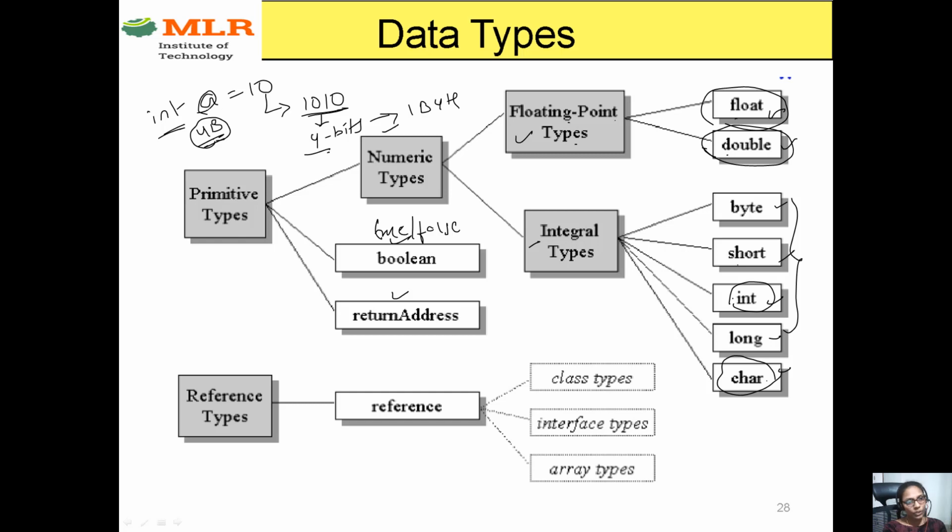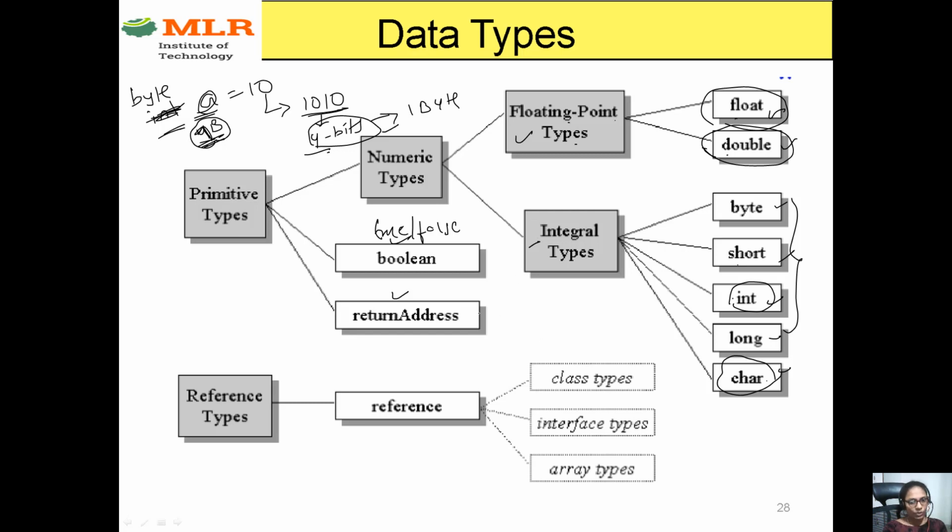If you don't want to waste your memory, you can declare your A value as byte. Byte is similar to int, that is, an integral type, but it occupies only 1 byte of memory. Out of 1 byte, 8 bits, you are using only 4 bits, so you are wasting only 4 bits of memory. This is better than wasting 3 bytes of memory. Only in this case can you declare your data differently, like byte or short or int or long, based on the size and value of your data.